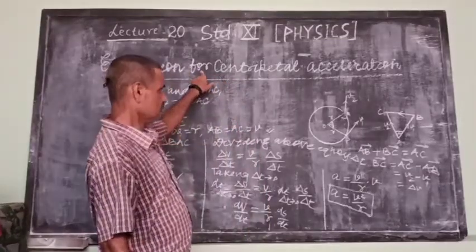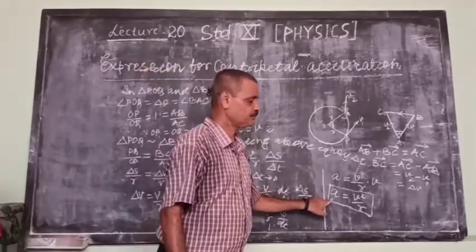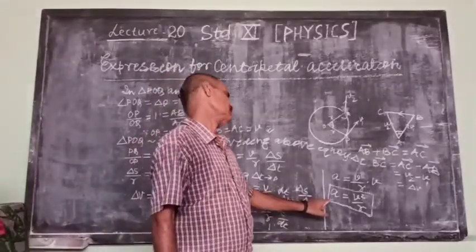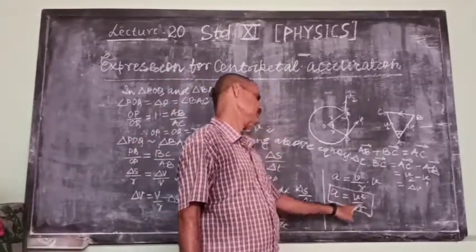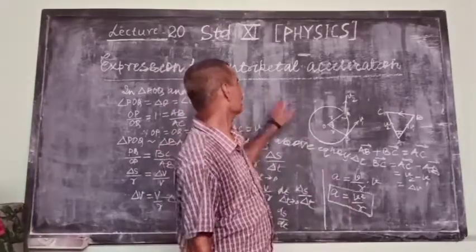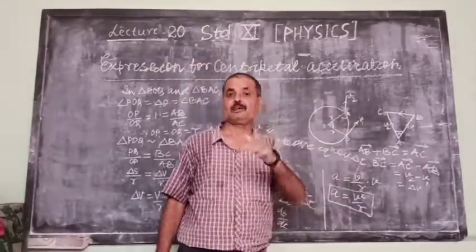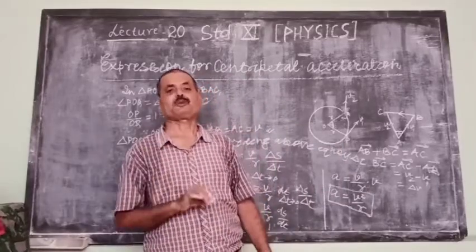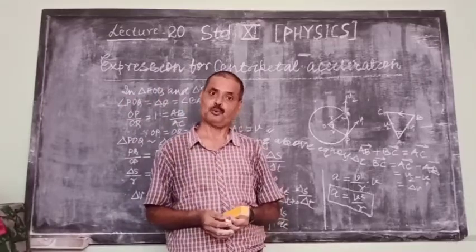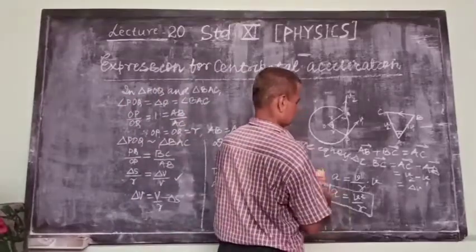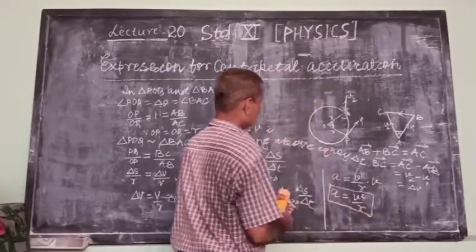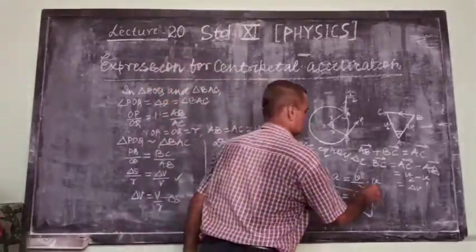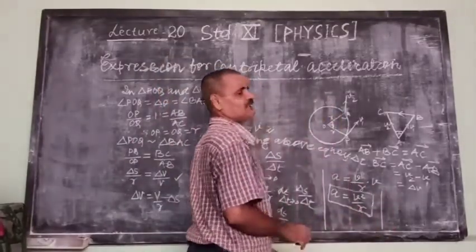I have told you, taking the limiting value delta t tends to 0, in this very case the value of centripetal acceleration is equal to V square by R. That was the need of the question. That's all. If the question is asked in the exam, obtain an expression for centripetal force, you have to prove all the steps and the expression for centripetal acceleration, and in the last you will write,